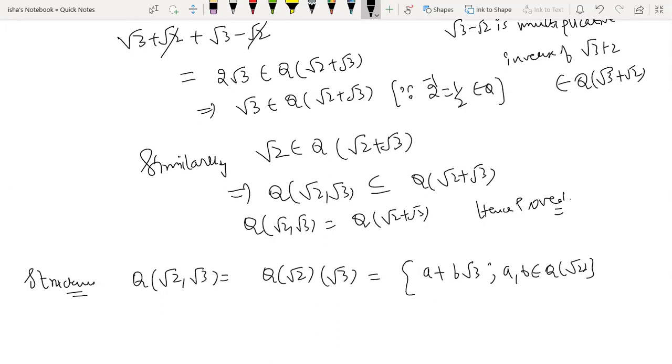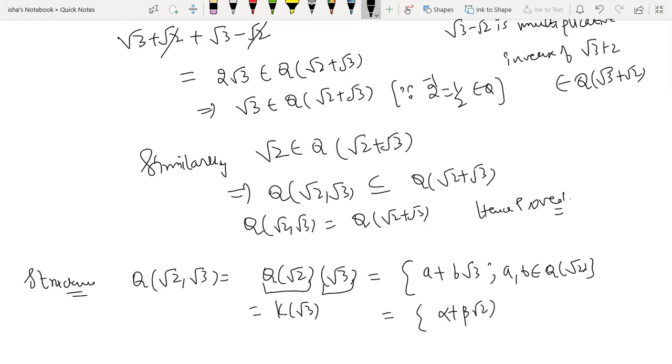This is the technique which I introduced even in the previous lecture, कि आपको जब भी एक से ज्यादा एलिमेंट से अपेंड किया जा रहा है तो ऐसे ब्रेक कर लेना है कि पहले सिंगल एलिमेंट को अलग कंसिडर करो और फिर उसके एलिमेंट आपके अंडरलाइन फील्ड से होंगे. So it is like K root 3. So K root 3 में किस तरह के एलिमेंट होंगे? a plus b root 3 where a, b belongs to K, which is q root 2. But अभी हम K की डिटेल्स, अब a भी q root 2 में है और q root 2 में किस तरह के एलिमेंट्स होते हैं?